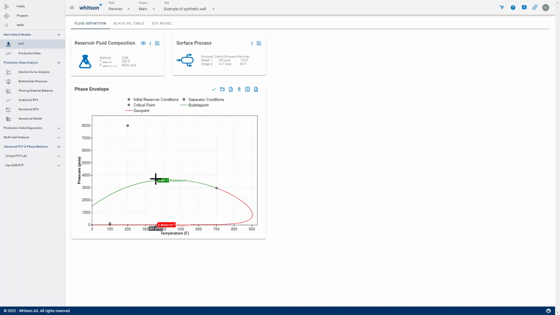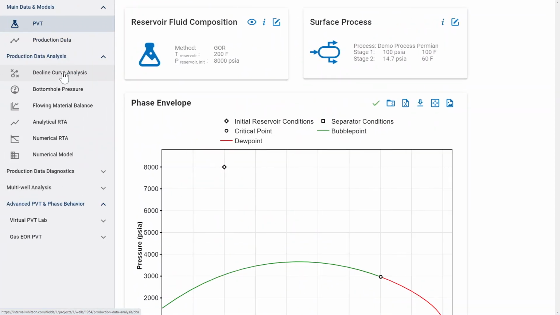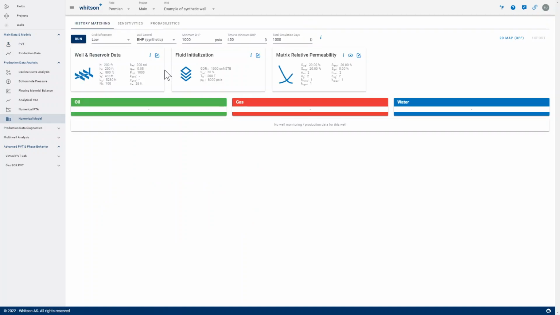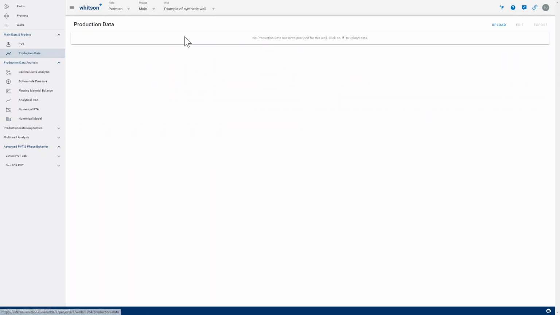So let's say you don't have any production data, but you would like to run some sensitivities for a given fluid system or something along those lines in Whitson Plus. You can actually go ahead and do that after you've defined your fluid in the numerical model part of Whitson Plus. Since you don't have any production data, which you see here, obviously there's been no production data uploaded, the